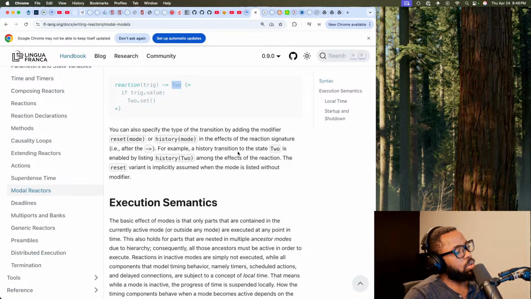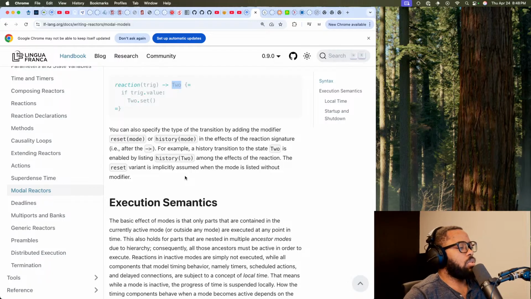For example, a history transition to the state 2 is enabled by listing history 2 among the effects of the reaction. The reset variant is implicitly assumed when the mode is listed without modifier.